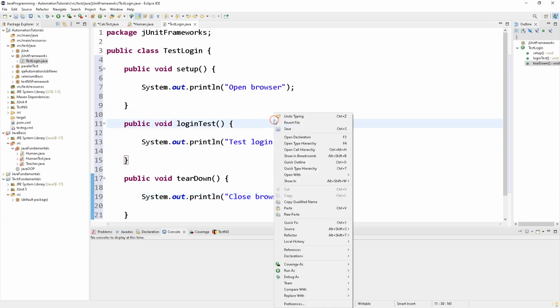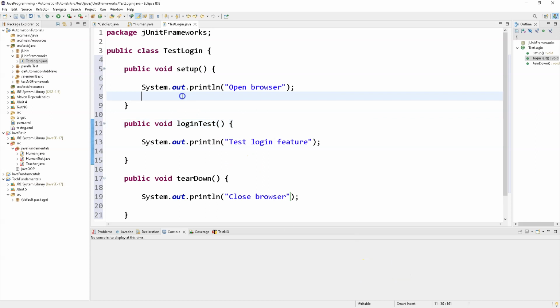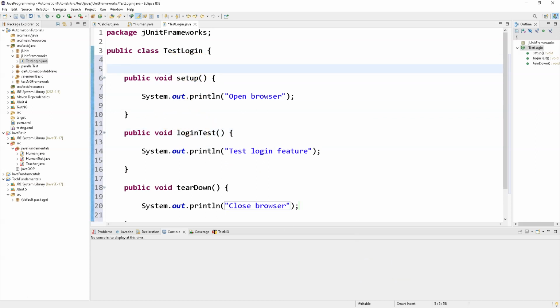Okay, if you run it, there is no option to run it. It says run configuration. Now you have to configure it, meaning you don't have an entry point of Java to run this program. You need a main method. Exactly. But in TestNG or JUnit, there is